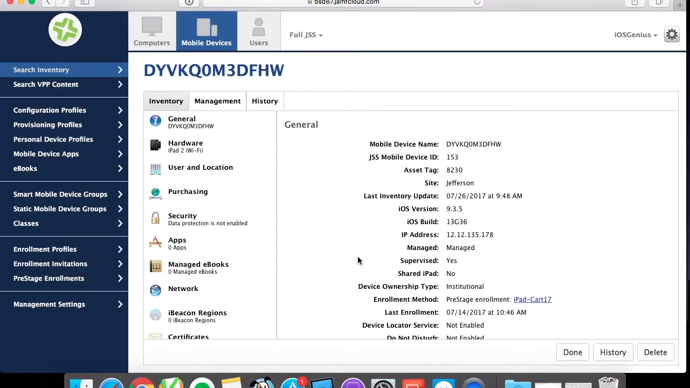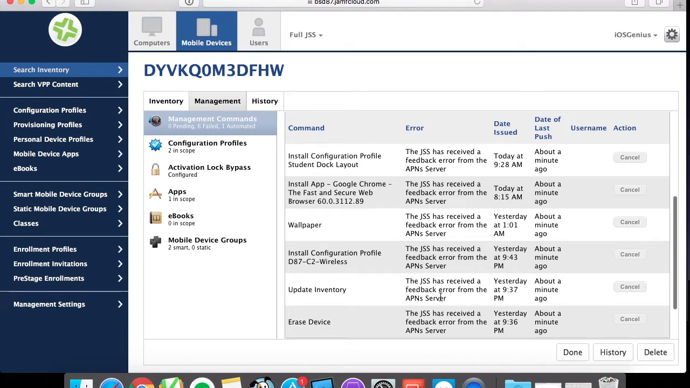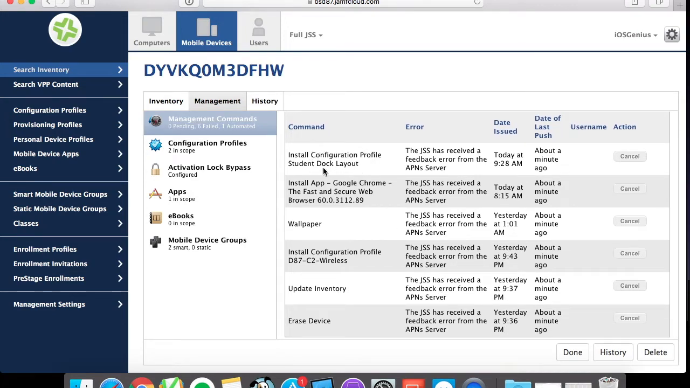We're going to expand, and we're going to see the management tab. We want to see what commands are being sent to the device. So manage. Now you can see it says install configuration profile, student dock layout. It says here, received a feedback error from the APNs and server. So